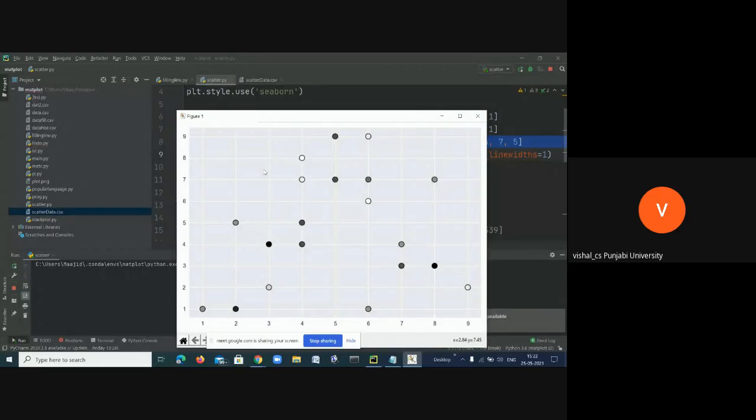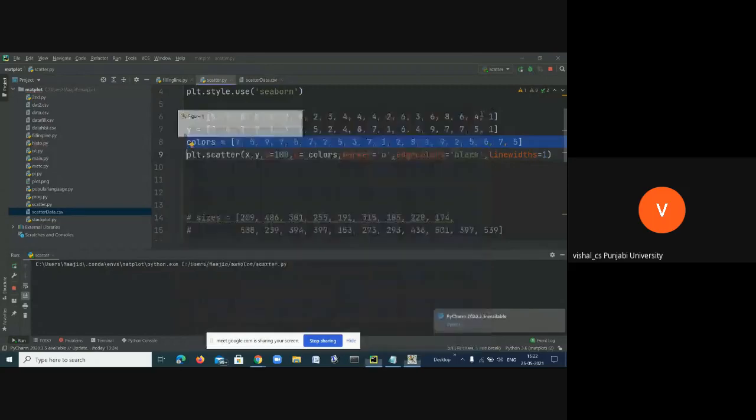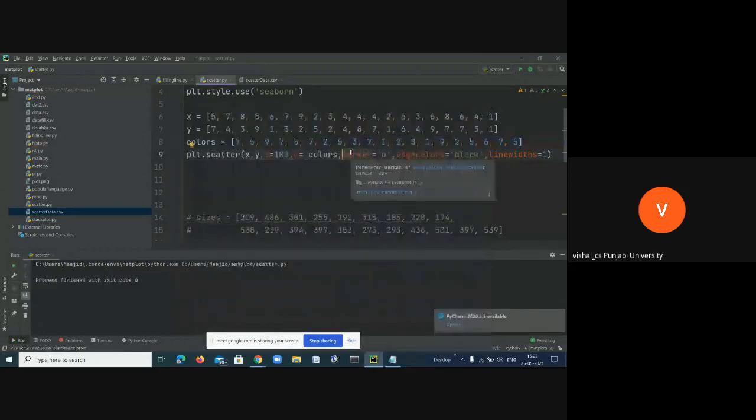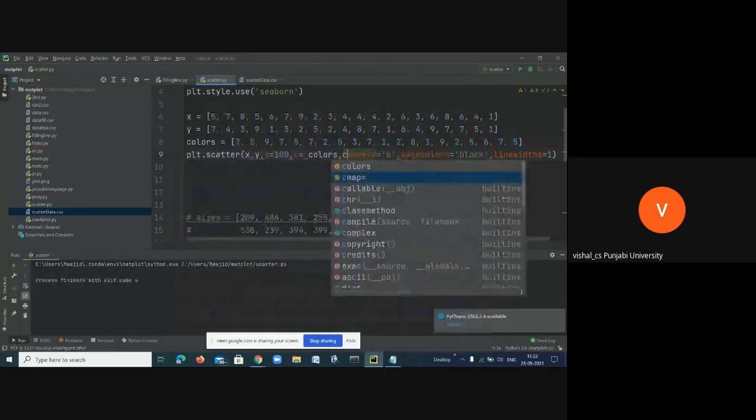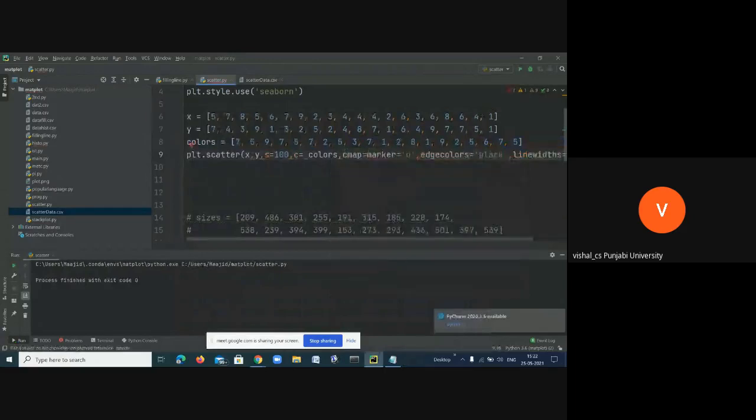Have you ever used a color map? No, sir. Okay. See, here I can use another argument, cmap equal to, suppose I use green.